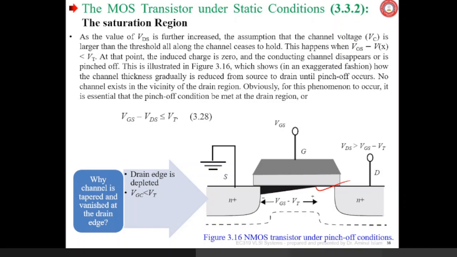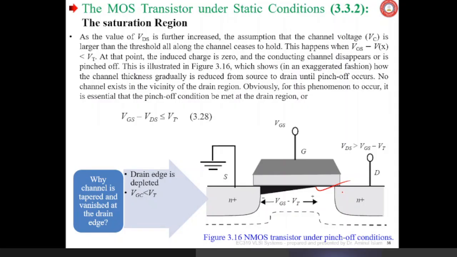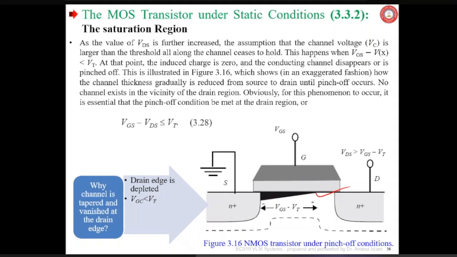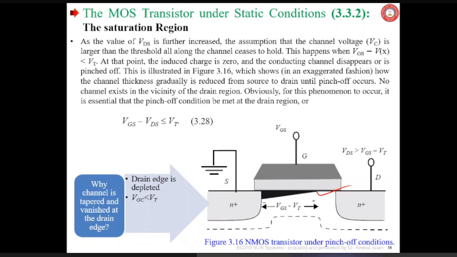Sir, here mainly VGS is greater than VDS. So at one side, on the right side, there are no charges, meaning the charges are getting decreased, and at the drain side there will be no charges. Why in the drain side will there be no inversion layer? The depletion region between drain and body pushes the inversion layer, I mean, decreases the inversion layer.